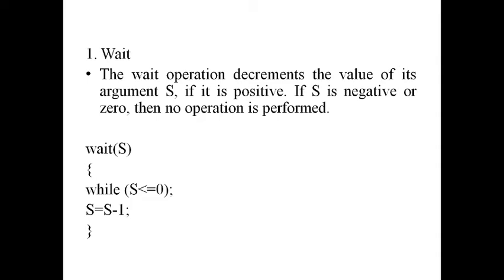0 less than or equal to 0 means the condition is true here. When the while condition is true, as it does not have any body and has a semicolon, it will be in the trap itself. It will rotate like that only. P2 process will not enter the next line of code. This is how it stops other processes from entering the critical section when one process is in the critical section.